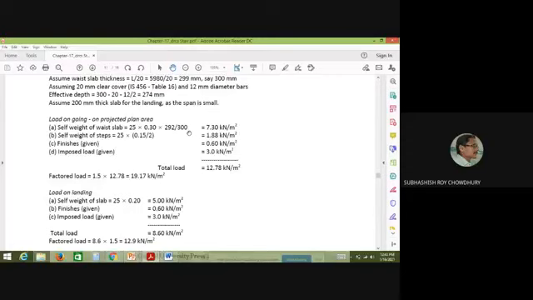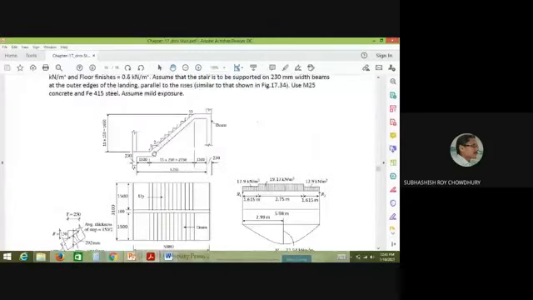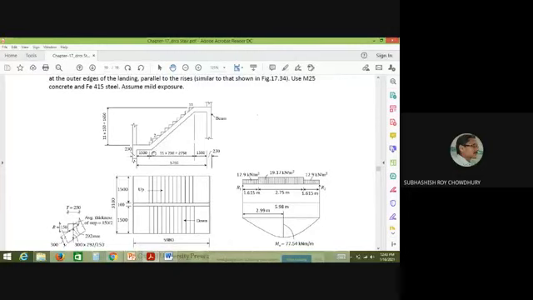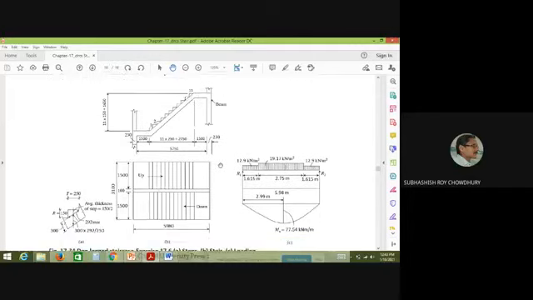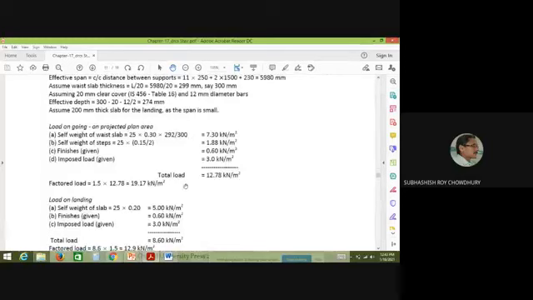There is a typographical mistake probably. I have not checked this calculation. It should be 300 by 292. Please be careful. It should be 300 because it is the load acting over the inclined part. Just try to understand that the length of the inclined slab is more compared to the length of the going part. So if you calculate the total weight of this one and divide it by this, it will obviously be higher than the actual weight. So here it should be 300 by 292, not 292 by 300. So that will be higher.